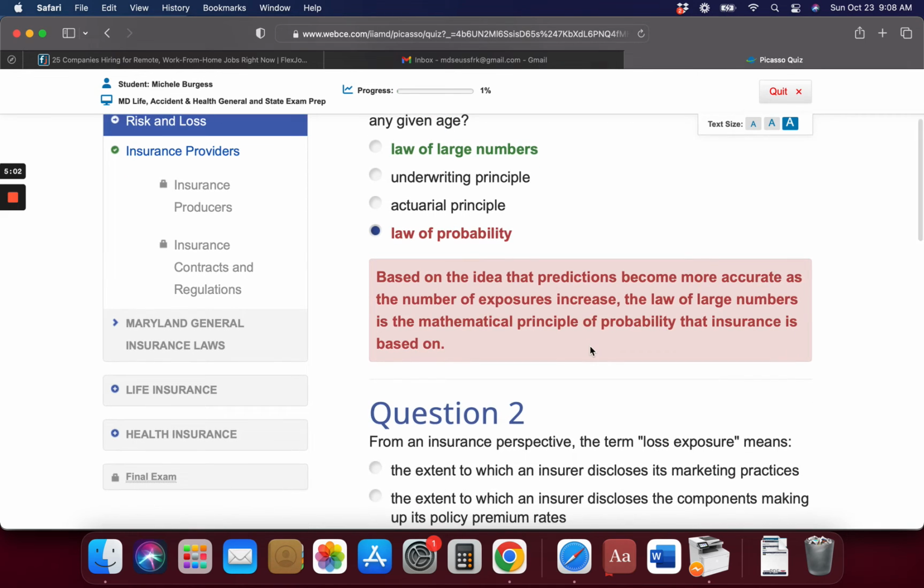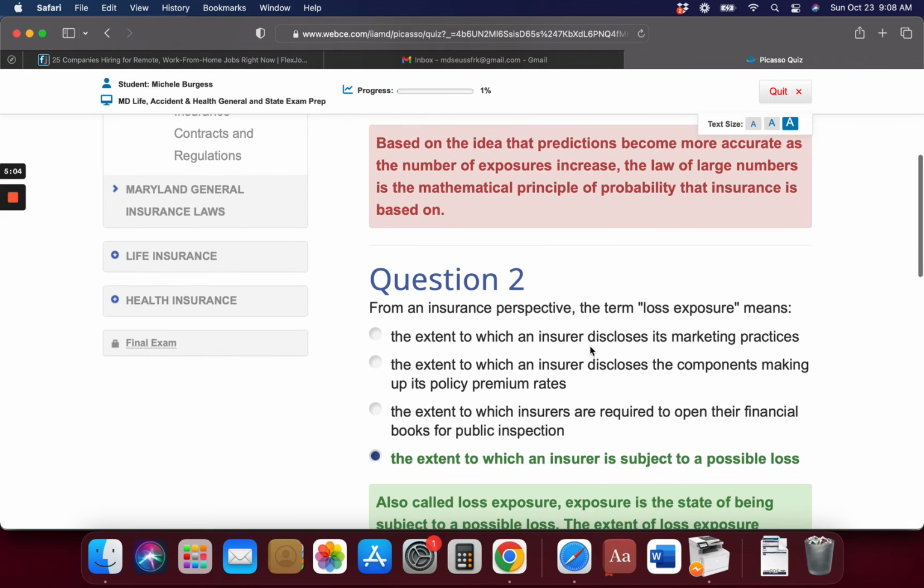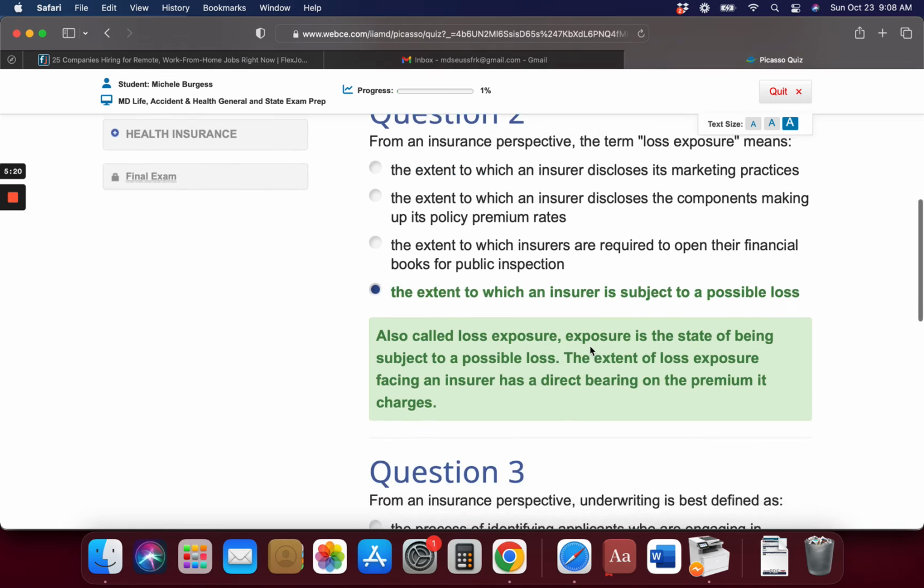So again, this is a hustle job. It could lead to full-time. There are plenty of full-time insurance agents that I know that are very successful and make over six figures. But if you are interested in just a contracting side hustle job where you can work at home and make money,